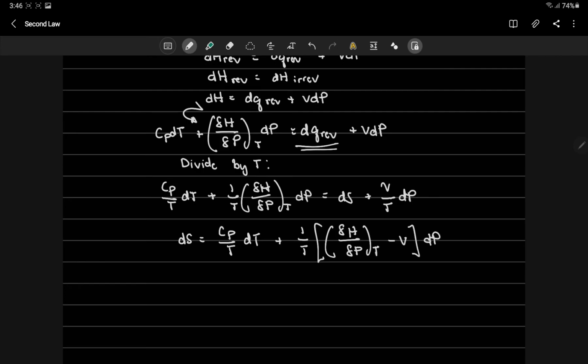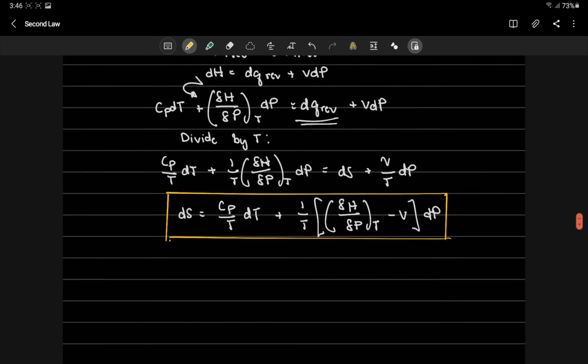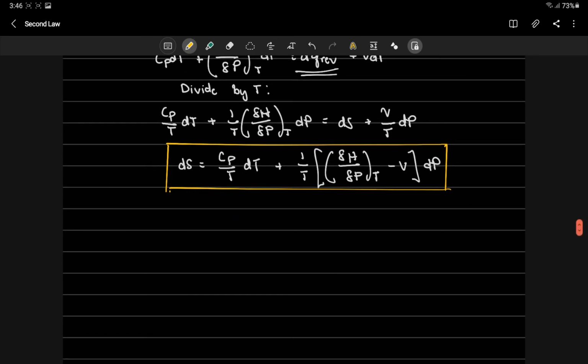And there you go. This is now the general expression that we obtained for change in entropy. And similar to what we obtained kanina doon sa naunang derivation natin, this equation is also special because from this general equation, you can derive some other equations suitable kung anong klaseng process at kung anong klaseng gas or system